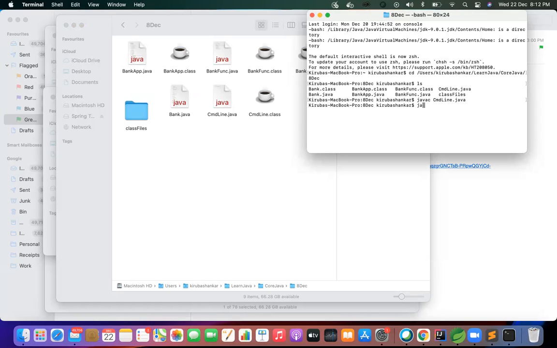Now, while executing, just give the usual java command line. No, don't give anything, just enter. So you got an array index out of bounds because in your sysout, we were printing the first index value, but you haven't passed anything in your execution. How we can pass that is, after your class name, you can give your input. You can give anything and now try to execute, you'll get your output.